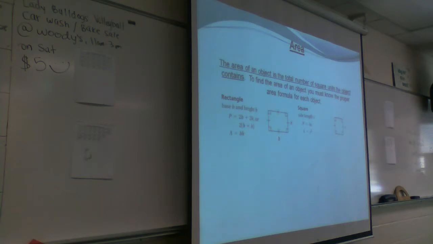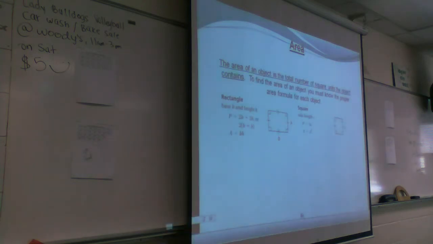If you want to write a different formula for the square, you can. That's the side length squared. You can see it. But it would be the same as if you multiplied two sides together. It's just that all the sides are the same, so they do write a different formula for it, because when you multiply something by itself, you square it. Okay? Now,